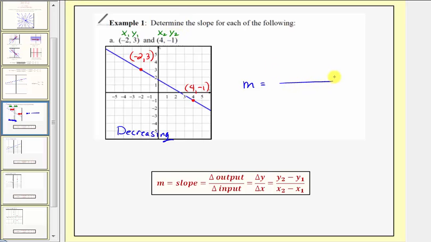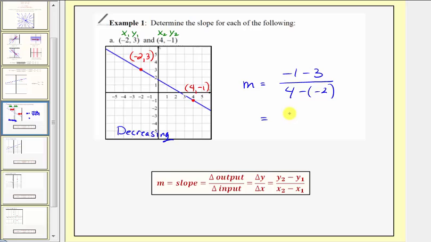Before our next example, we first have to think about y sub 2 minus y sub 1 graphically. That would be negative 1 minus 3. And then we'd have x sub 2 minus x sub 1. That would be 4 minus negative 2. Now simplifying,